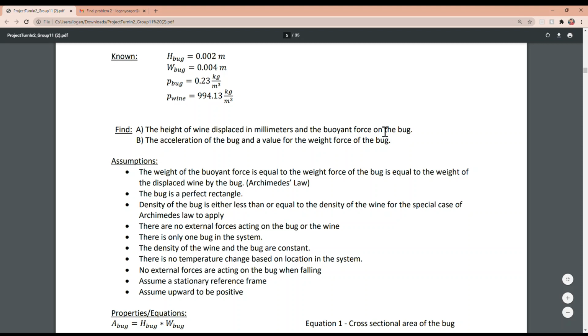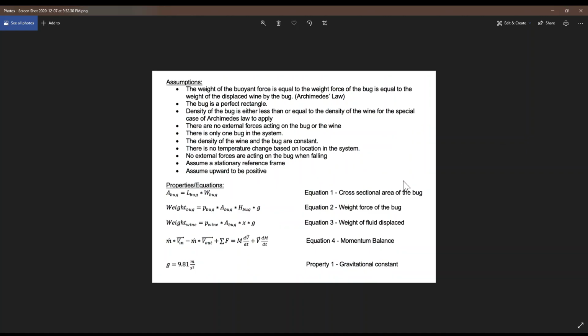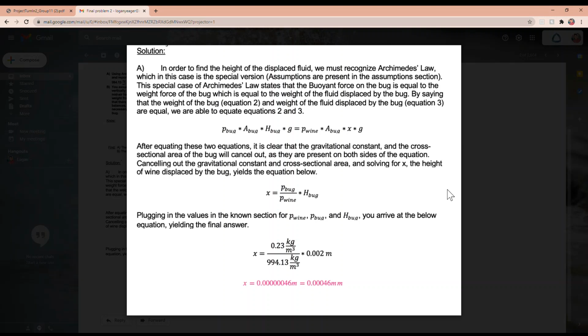Some important assumptions to make are that the buoyancy force is going to be equal to the weight force because the bug is floating on top of the water. We also know the bug is a perfect rectangle. We also know that the density of the wine and bug are going to stay constant, and there's also no change in temperature based on the location of the fluid. There are no other properties cited other than the gravity force here, and the dimensions of the bug we've already been given. We do know the bug is going to be floating on top of the wine, so we can